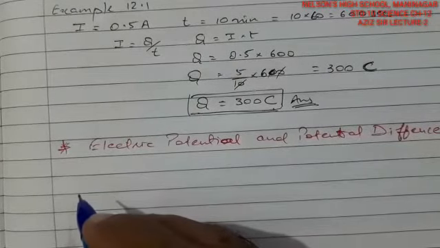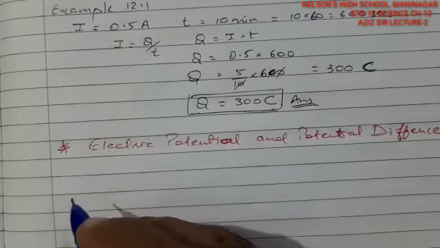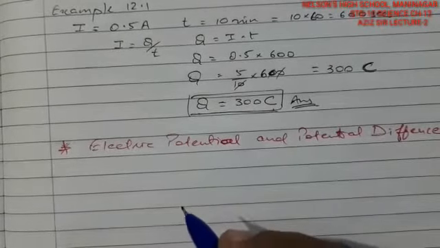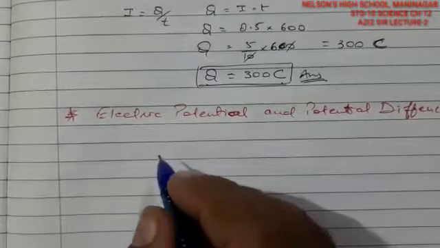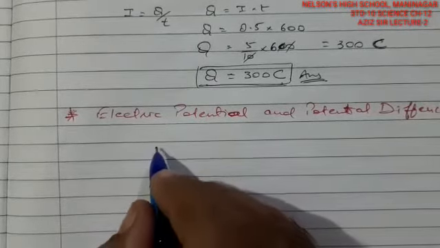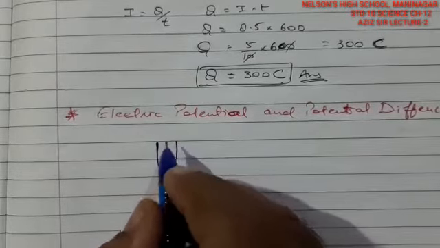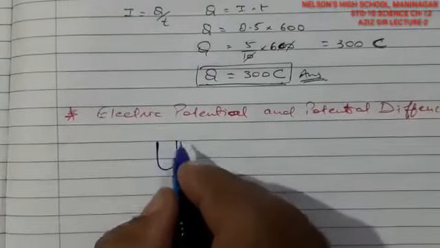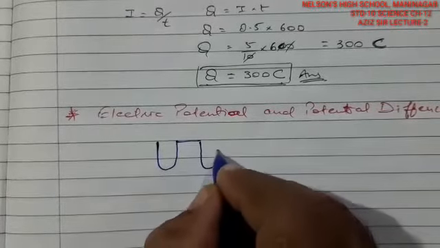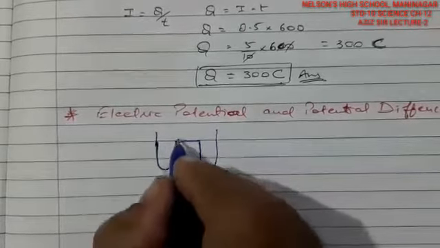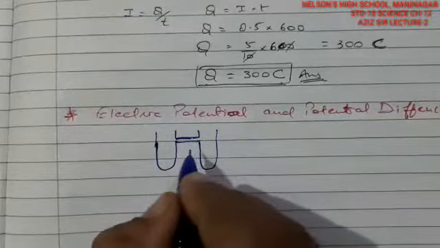Now to know this, first of all we need to understand some other terms. Getting to the point, suppose I give an example for water potential. There are two bottles, one is this bottle and the second is another bottle, connected with a tube. Both bottles are connected with a tube here, which is capable of passing water.